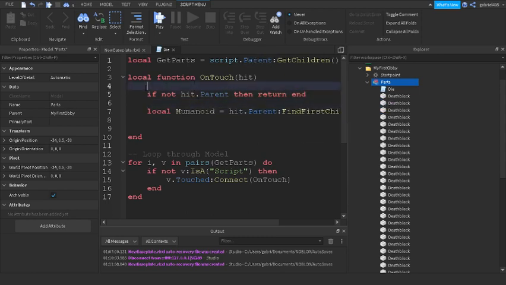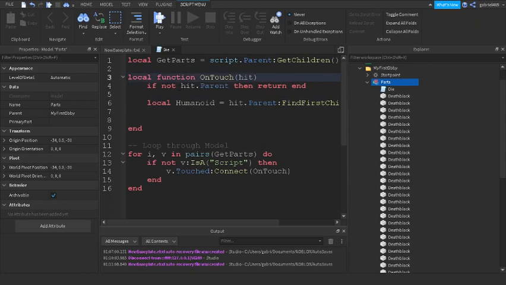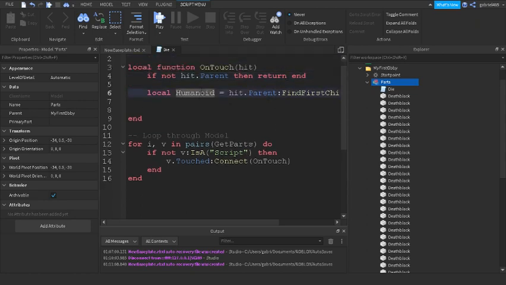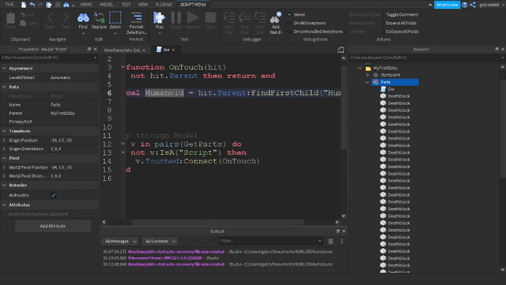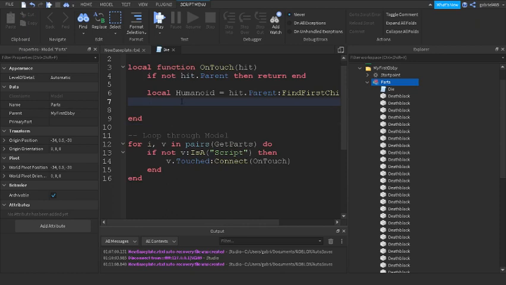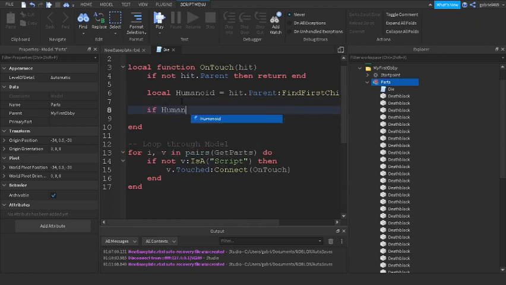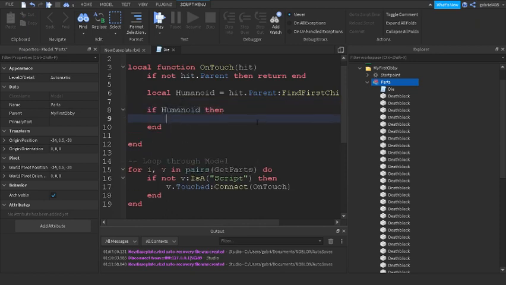Okay, that's basically what it's doing. And if there's no parent, then return. That means just ignore the bottom of the script and just go back. So that's what return does. It just means do not continue the function. And so we have the humanoid because there is a parent. That's why the script continued. And then we're going to say if humanoid then, so that means we found a humanoid, humanoid.Health